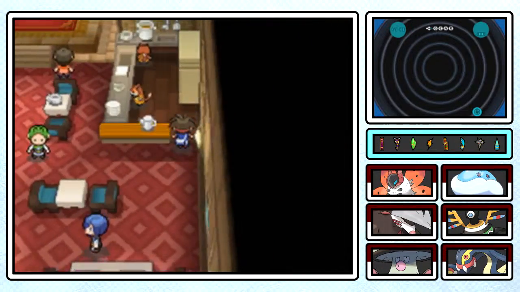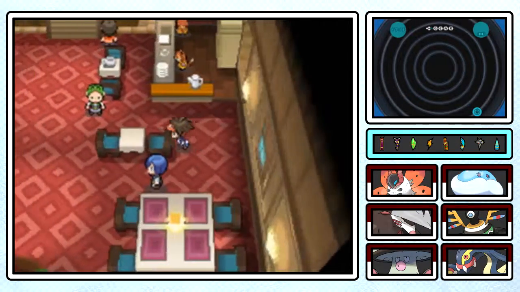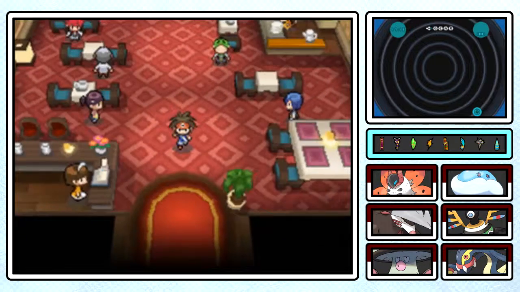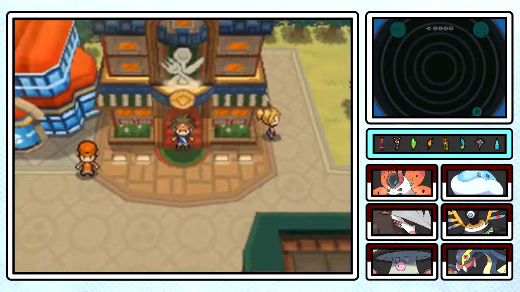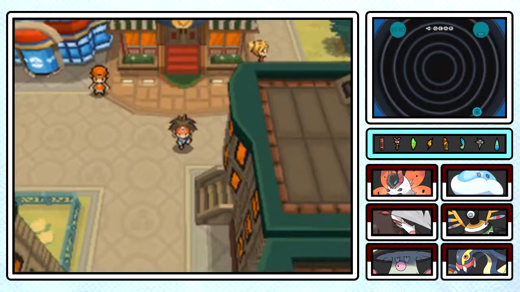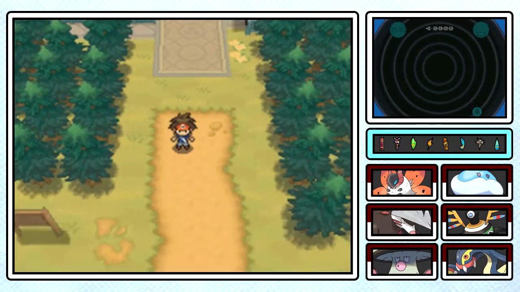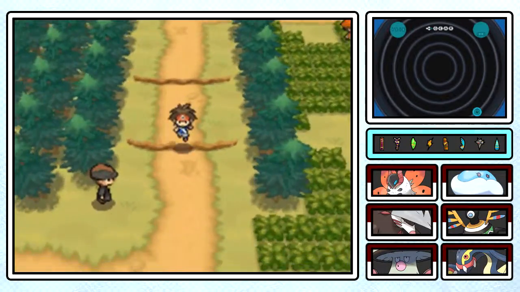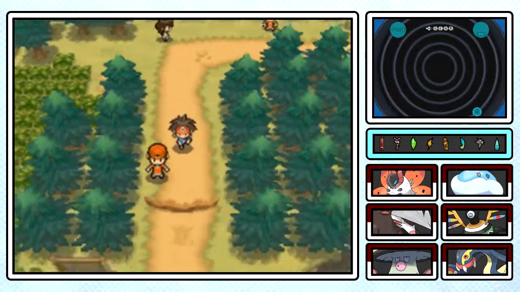Wait. Why are there Watchog in the kitchen? I just noticed that. I mean, there are Machamp that move boxes in Hoenn, so maybe it's not out of the ordinary, but, I mean, aren't Watchog based on rats? That's kind of weird. Anyway, there's not really much difference on Route 2 either, so once we head down this way, then we can head to Accumula Town, which we will be...